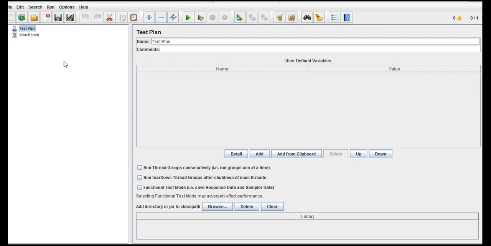But still people go with that kind of situation to actually get the load and see how many bytes it is returning and how much time it's taking. But if you want to mimic something near to real-time behavior, you can go ahead and put some sleep between each thread. For example, if I am using 10 users, after completion of one user you might go and put a sleep for 2-3 seconds.